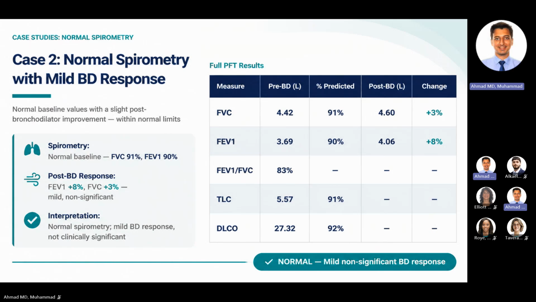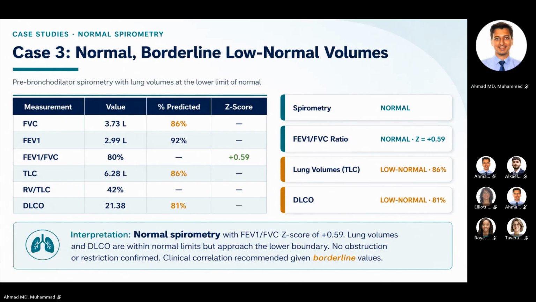Look at the bronchodilator response, plus 8%. Not significant, not greater than 10%, not considered a positive bronchodilator response. Look at the total lung capacity, above 80% of predicted, which is at 91%, which is normal total lung capacity. Look at the diffusion capacity, 92% of predicted is normal. So normal spirometry, normal total lung capacity, normal diffusion capacity without significant bronchodilator response. Case number 3,